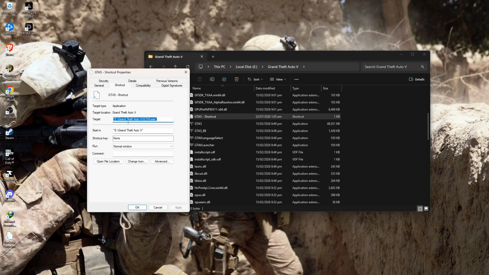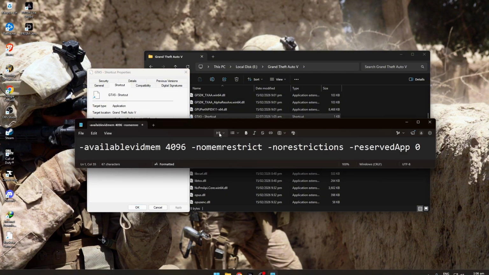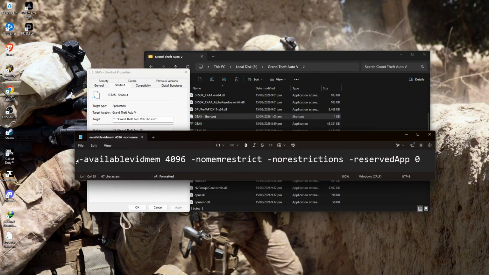Now, as you can see, there is a specific code in the target. What you have to type in here is going to be this command. Copy and paste this. It's going to be dash availablevidmem space 4096 space dash nomemrestrict and then followed